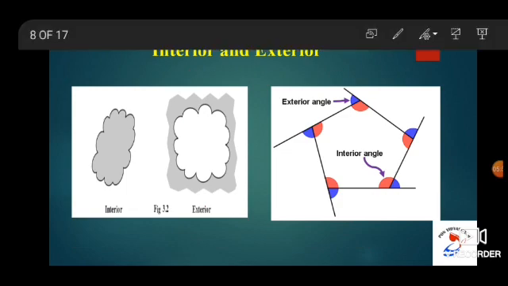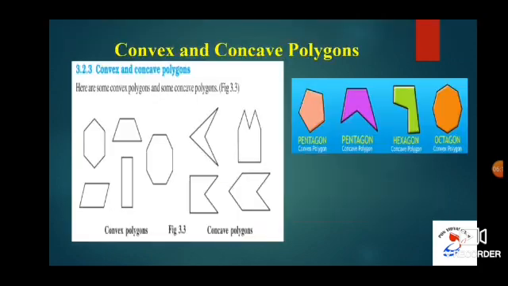The name itself gives you the definition for interior and exterior angle. If I say exterior angle, see where the angle is formed. This is called your exterior angle, that is, on the outside of the given figure. Now it is interior angle. See, the angle is formed inside the figure. So these are examples for interior and exterior angles.